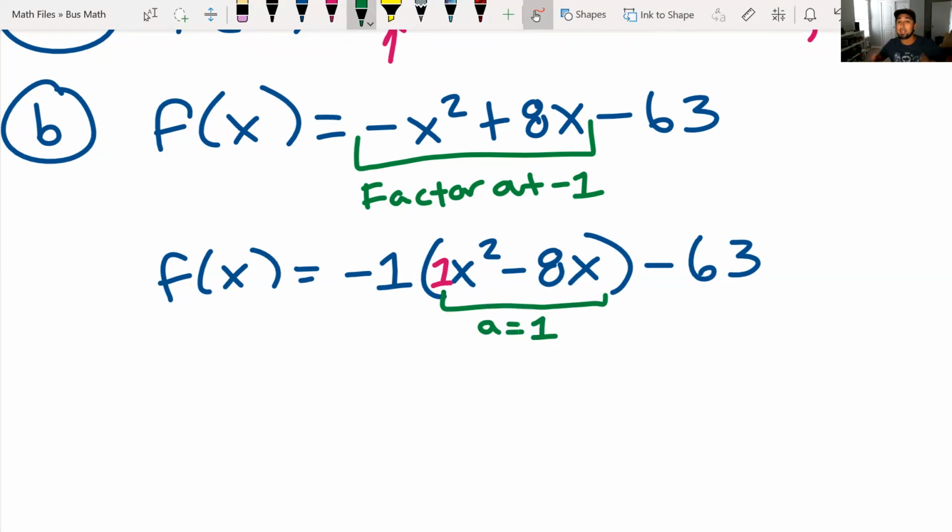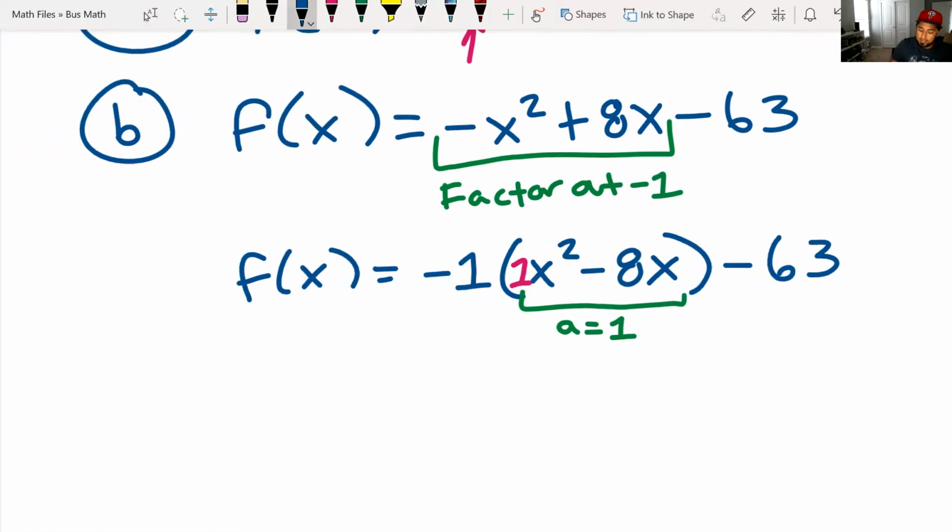Which means we can now complete the square. All right. I think that's enough for the process, right? I don't have to write anything out to the side. I said factor out -1, and now our leading coefficient is 1, which means we can move on to step C and say